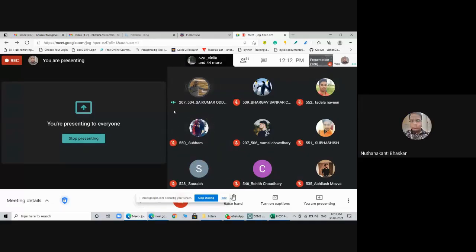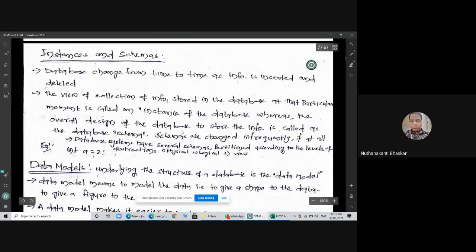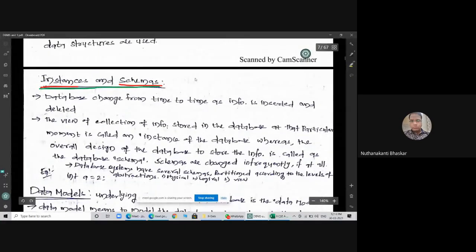Right. Now coming to the next topic, instance and schema. Sir, I will end with instance and schema because it is very important. It is not there in your syllabus, but these words we are going to use regularly. What is instance? What is schema? Simple. I will tell you, for example,